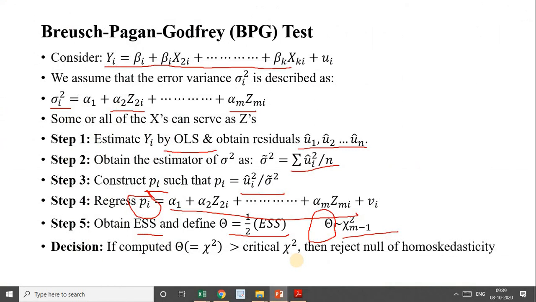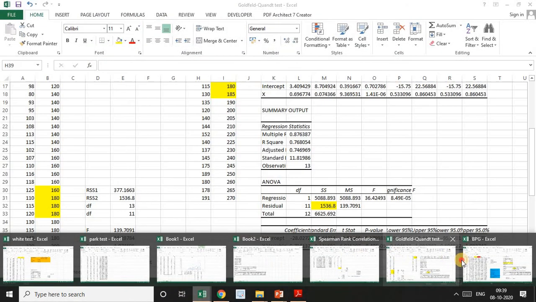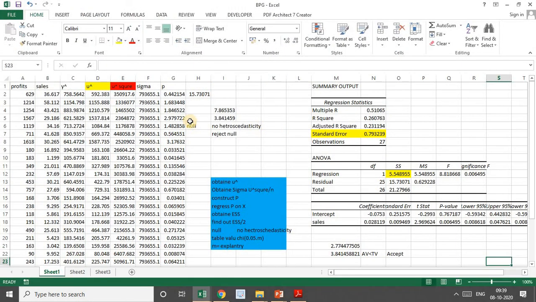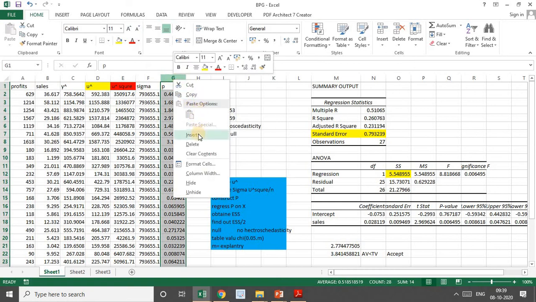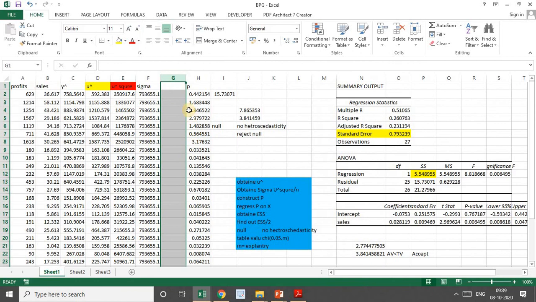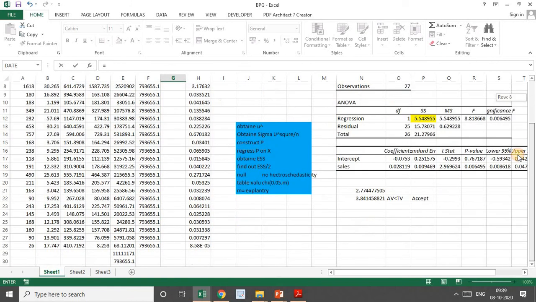Let me repeat it. First, run a regression, take U cap, find out U cap square divided by sigma U cap square divided by n. Okay, yes. Let me check it once again whether I have taken that sigma U cap square. Okay, is equal to, yeah, correct. This is the sum divided by